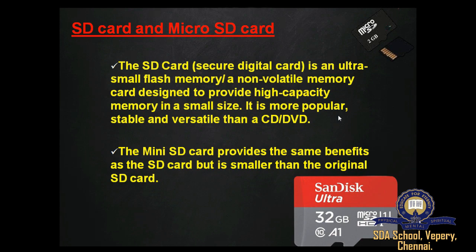SD cards are used in many small portable devices such as digital videos, digital cameras, audio players, mobile phones, and tablets. The storage capacity of these cards varies from 1 GB to 16 GB. Nowadays, secure digital cards are used in various consumer electronic devices and have become a common means of storing several gigabytes of data in a small size card. Even many personal computers accommodate SD cards and micro SD cards as auxiliary storage devices through a built-in slot or USB adapter.